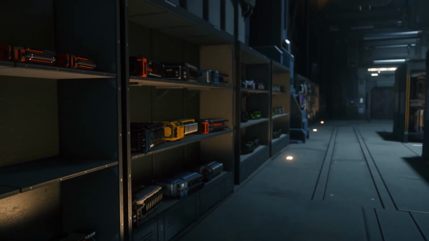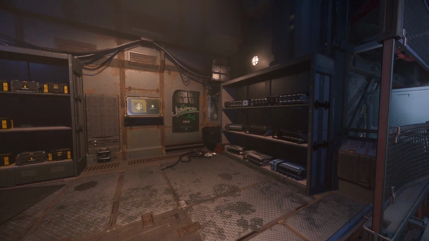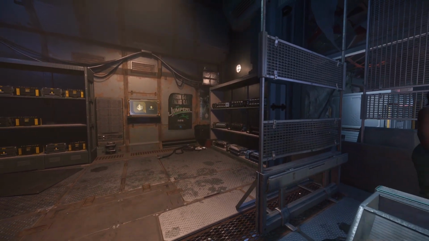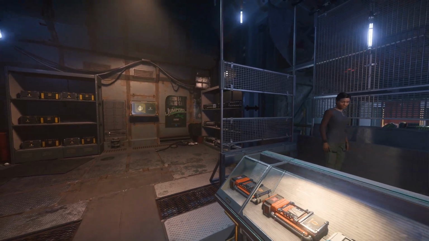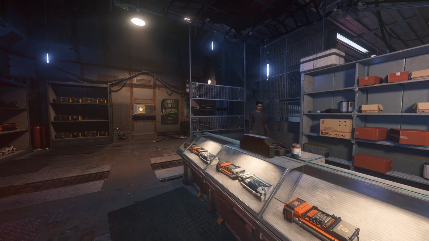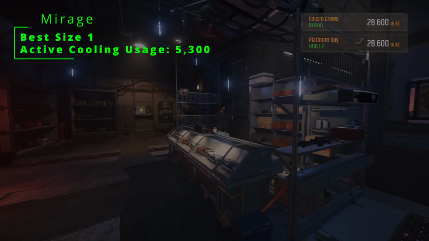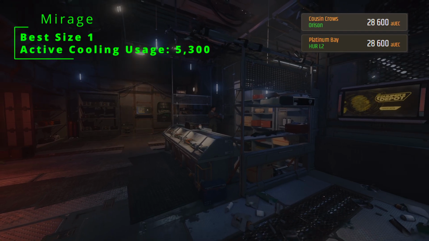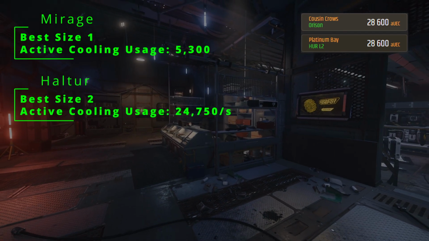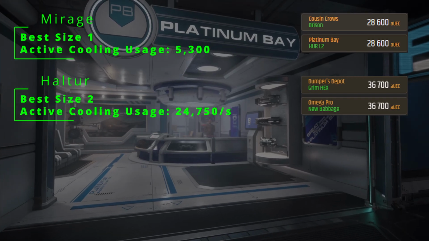With this in mind, the only stat on shields of any significance other than the component hit points, and it is minor significance, is the cooling usage. All other protection-related stats are identical across each size. With that in mind, we have a few clear overall winners. For size 1, this is the Stealth A Mirage at Cousin Crow's Orison and Platinum Bay Harel 2 for 28,600. At size 2, you'll want the Competition B Halter at Omega Pro New Babbage and Dumpers Depot Grim Hex for